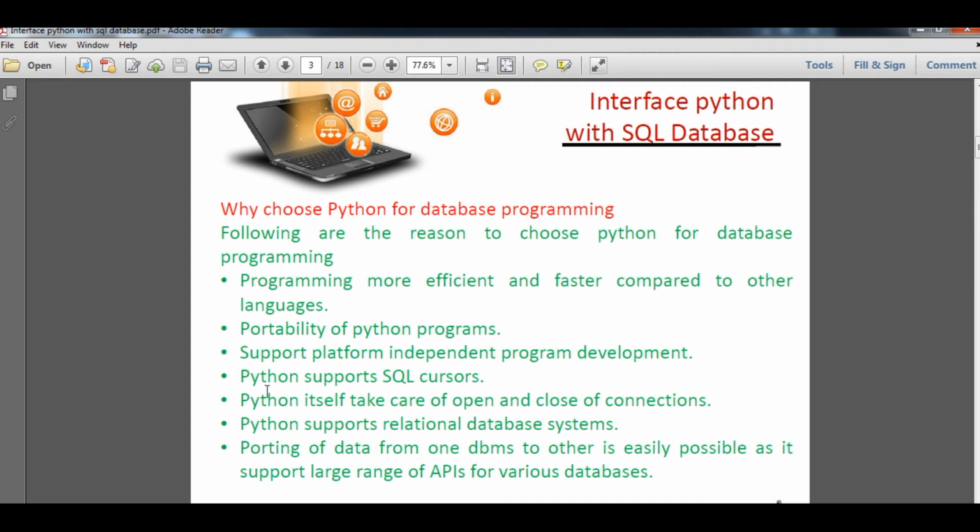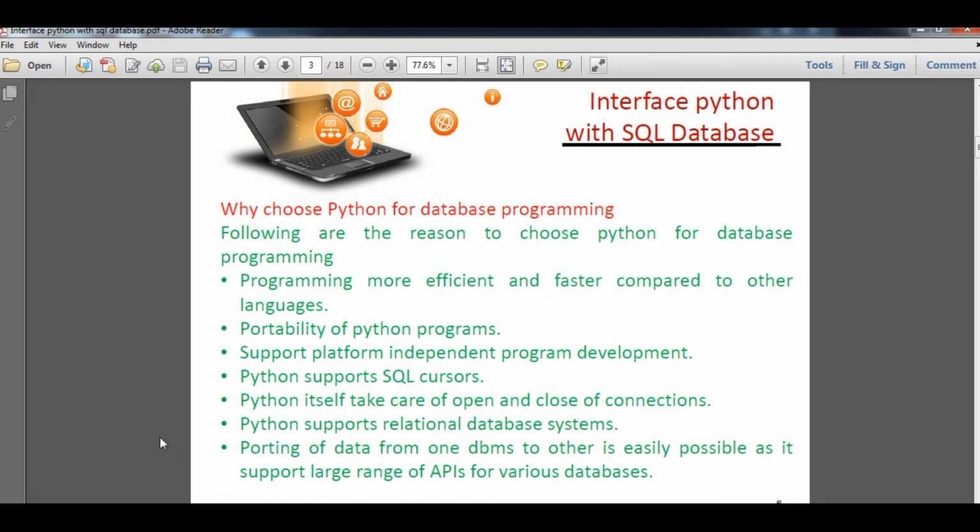In the same way, Python supports the SQL cursor to access a particular tuple from the table. Next, Python itself takes care of opening and closing connections. Whenever we connect Python with the database there will be a connection, and Python takes care of opening and closing it. Next, Python supports relational database management systems. With this feature of Python we can use database connectivity also.